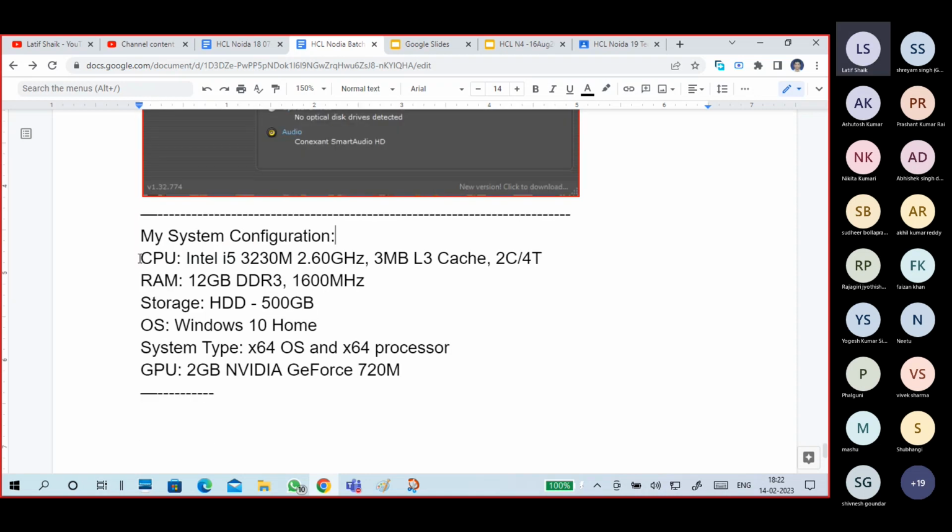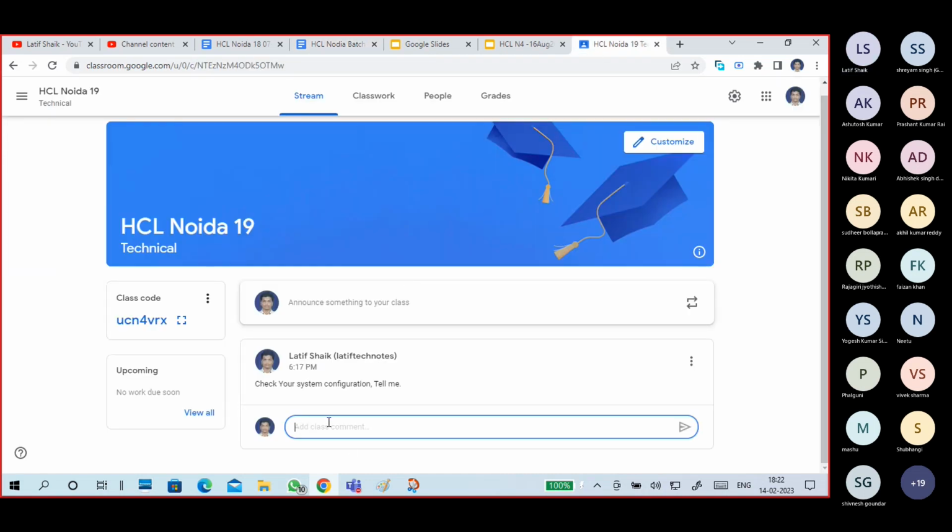Okay, guys. When you find your system configuration, how you find it, I don't mind. Find out your system configuration. What are the components? GPU is optional. CPU, RAM, storage, operating system. Find this information and post it here.